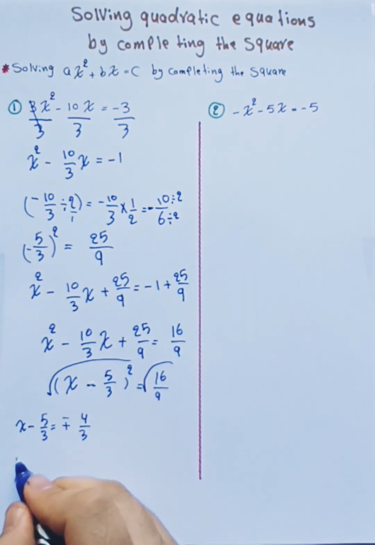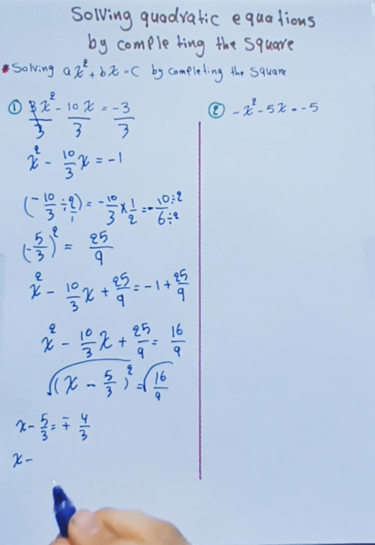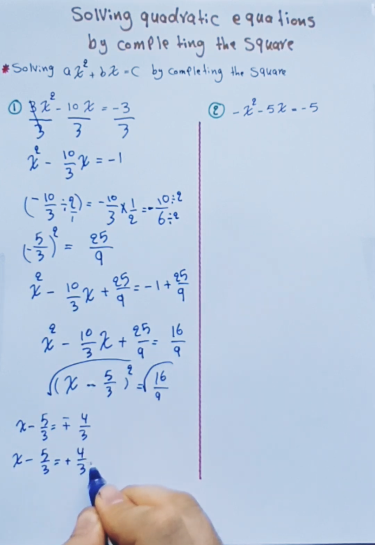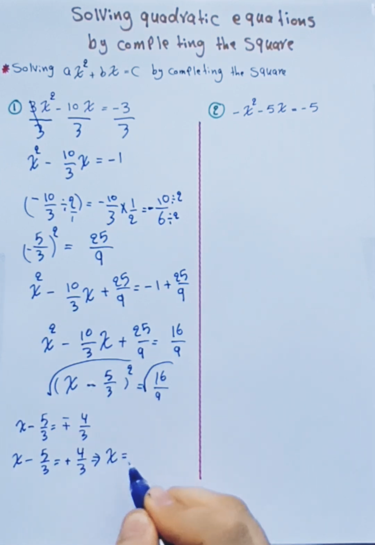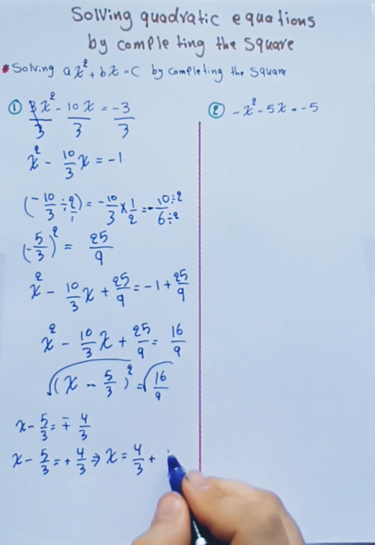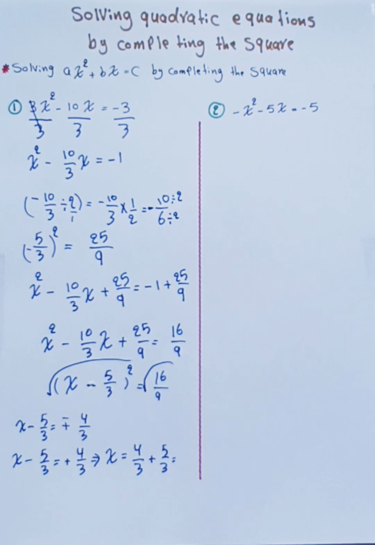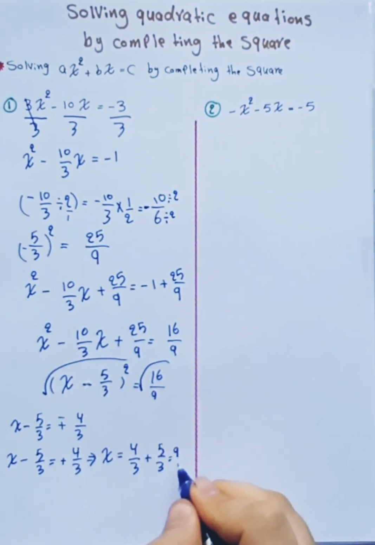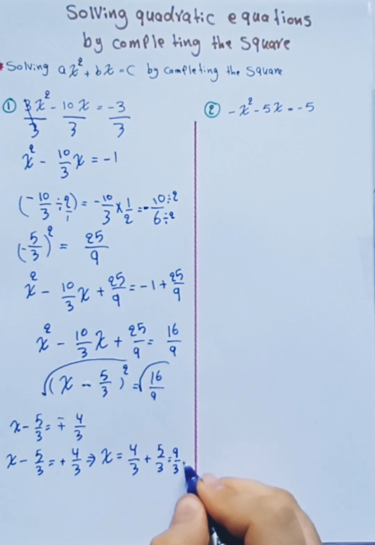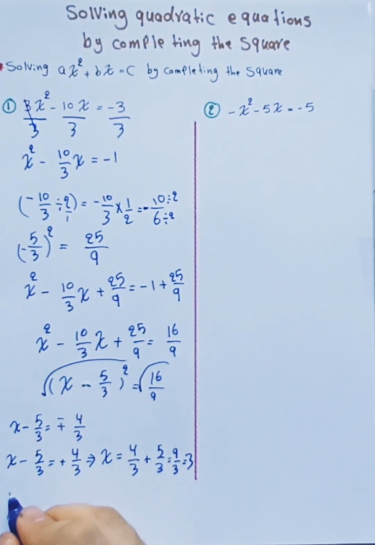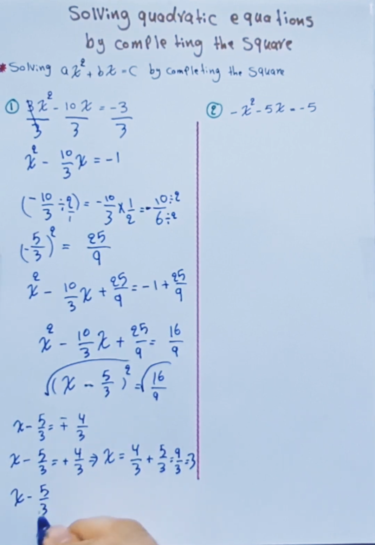After that, you have to write two equations. x minus 5 out of 3 equal to positive 4 out of 3. So x is equal to, you have to change the place of negative 5 out of 3 to the right side. So we have 4 out of 3 plus 5 out of 3 equal to 9 out of 3, and 9 divided by 3 is 3,